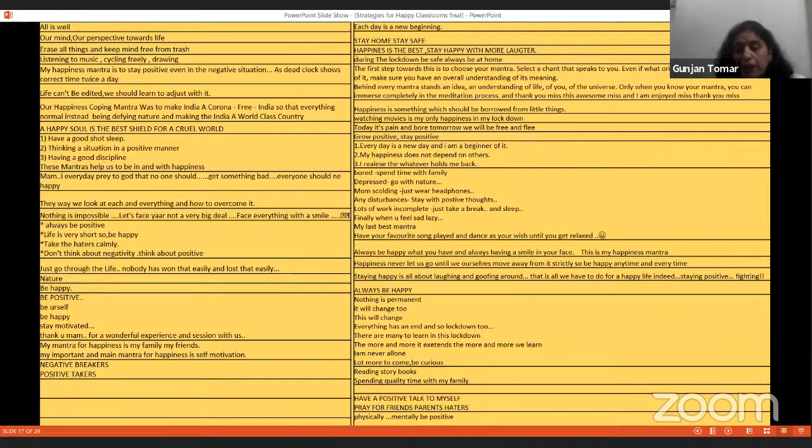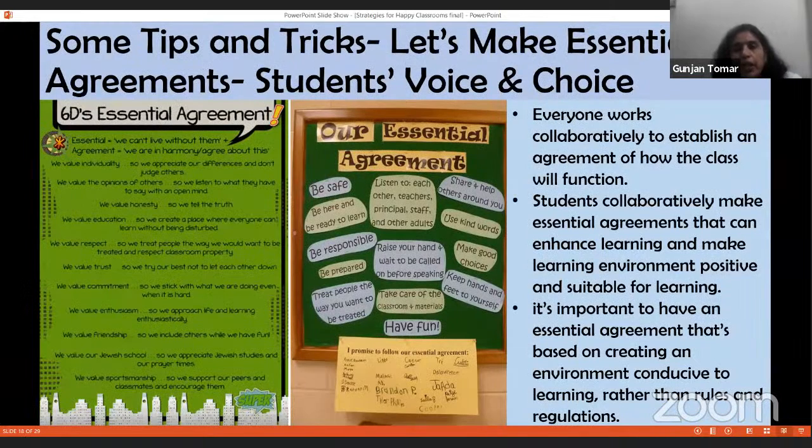as a one-on-one thing. So these were some certain things. These are some mantras that they all gave, and here are some tips and tricks about happy classrooms. So when we talk about happy classrooms, it's all about the teaching learning environment. And when we have a teaching learning environment, it becomes important for all of us to have some set,